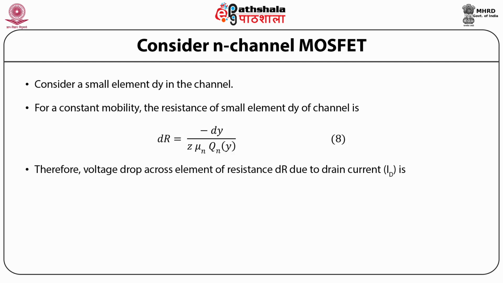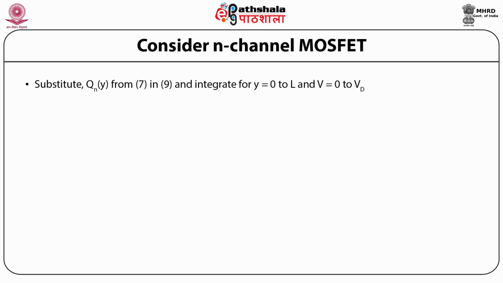Therefore, the voltage drop across the element of resistance dR due to drain current Id is dV equal to Id dR, which implies Id multiplied by dy equal to minus mu n Z Qn as a function of y dV. Now substituting Qn as a function of y from the previously discussed equation in this equation and integrating